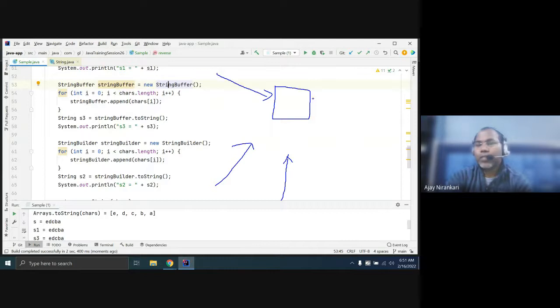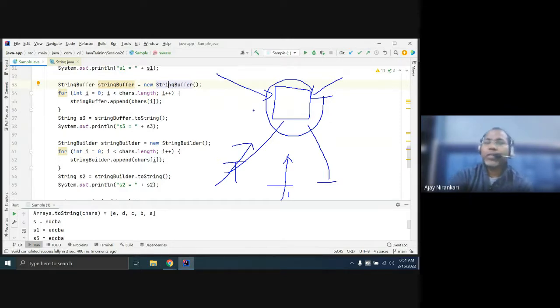But in the case of a non-synchronized class, multiple threads can access your program at the same time. We will later study what is a thread and what is synchronization. But as far as you know, this is the synchronized class, this is the non-synchronized class. So performance is slightly slower in the case of a multi-threaded environment, and the non-synchronized class will perform better.